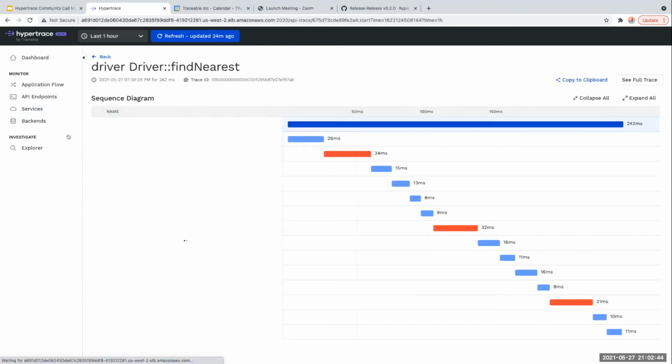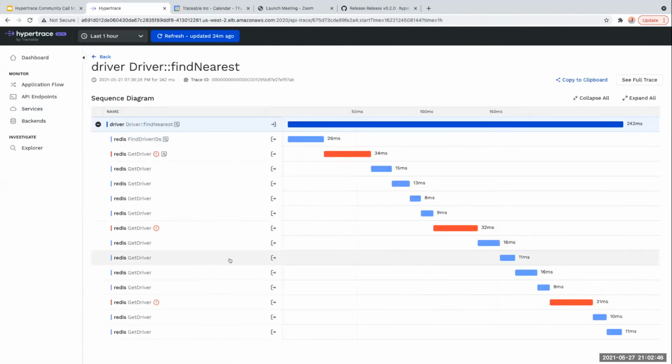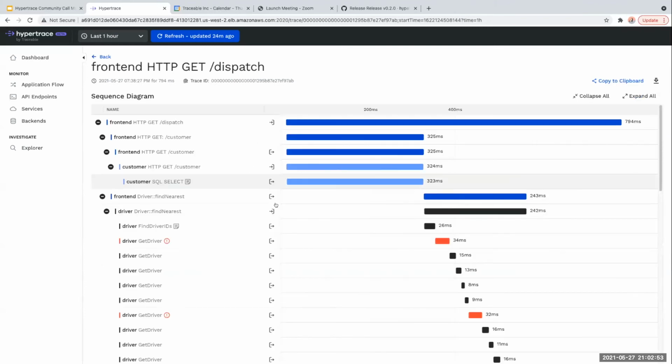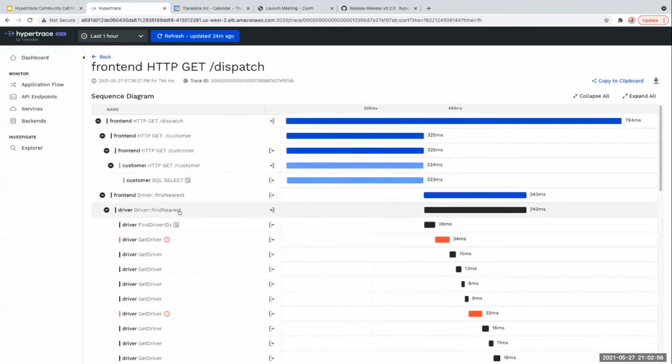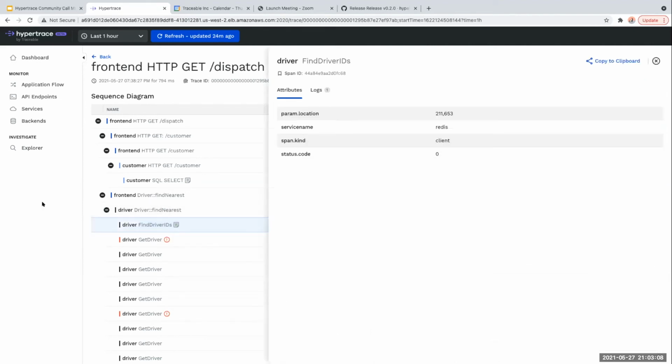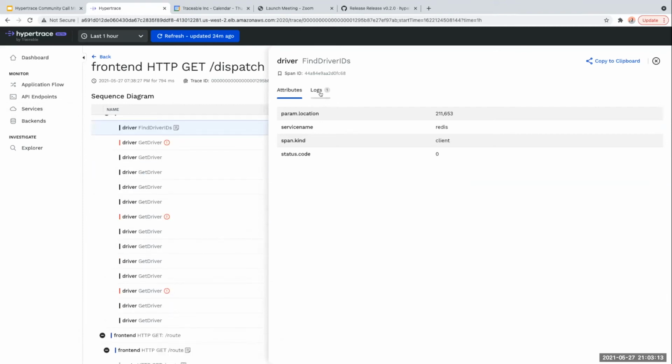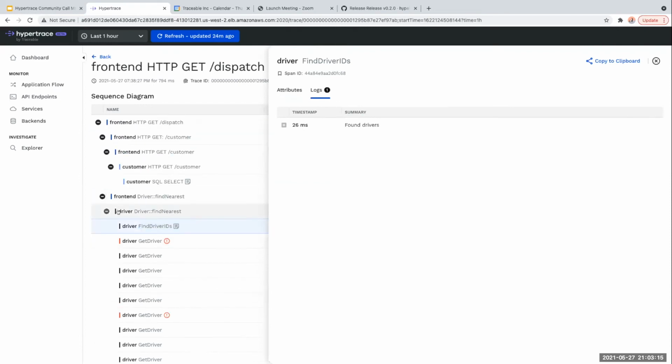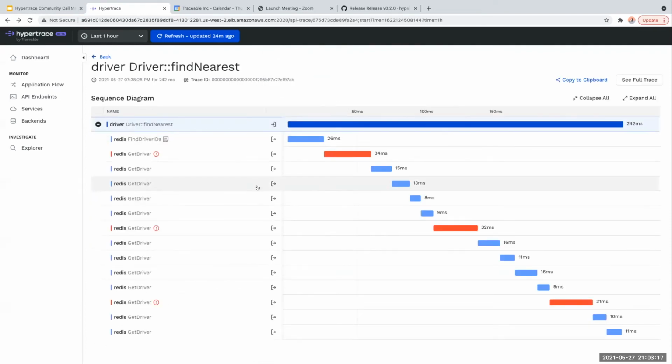So I click on this, and this is the subsection of the large trace. If I want to see the full trace for this operation, I could just click over here and see it. So this was the operation which took 242 milliseconds, and it's relatively high compared to the other operations. If I click over here, I can see some log events. And if I go back again,